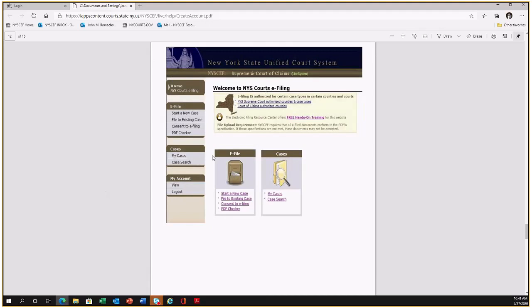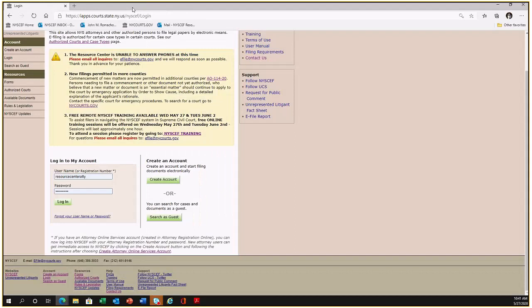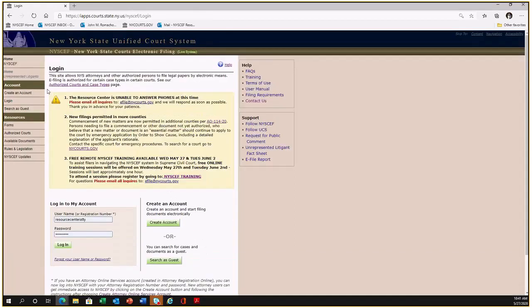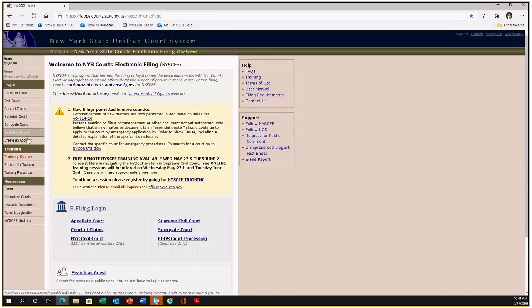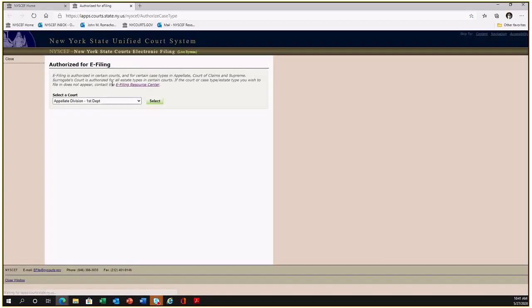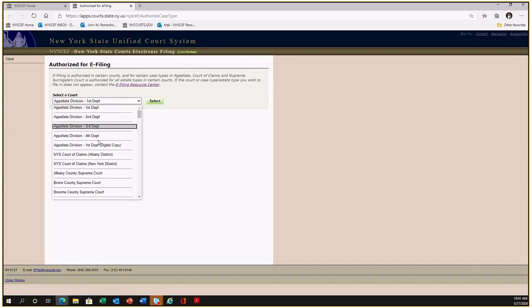Okay, so I just wanted to show you the steps with creating the attorney account. So I'm back on the home page. And I wanted to show you just some additional links here that might be helpful as you start electronically filing. In the middle of the page, we have authorized courts and case types. I'm going to click on this really quick, and we have a drop-down list for all the courts that participate